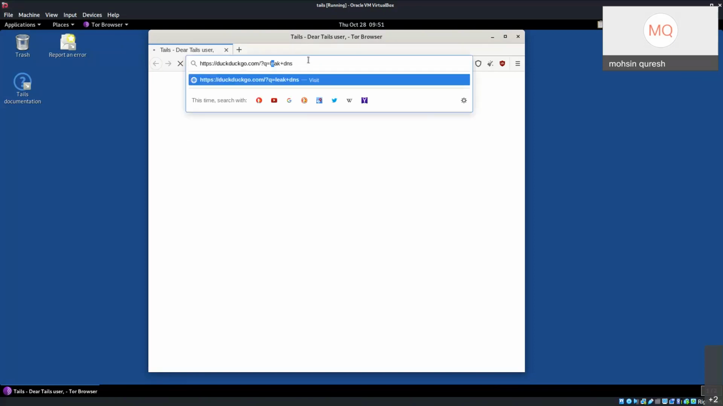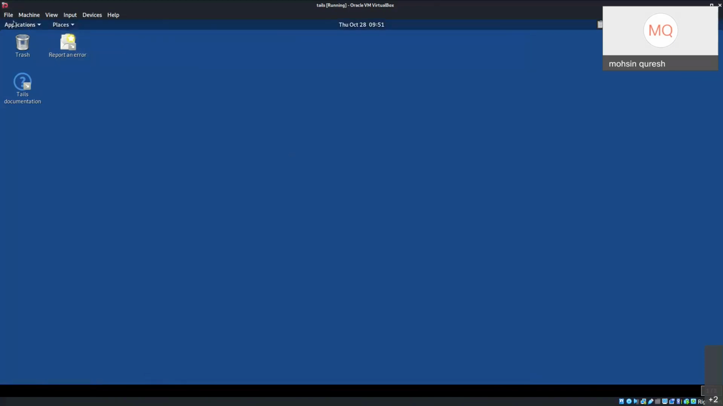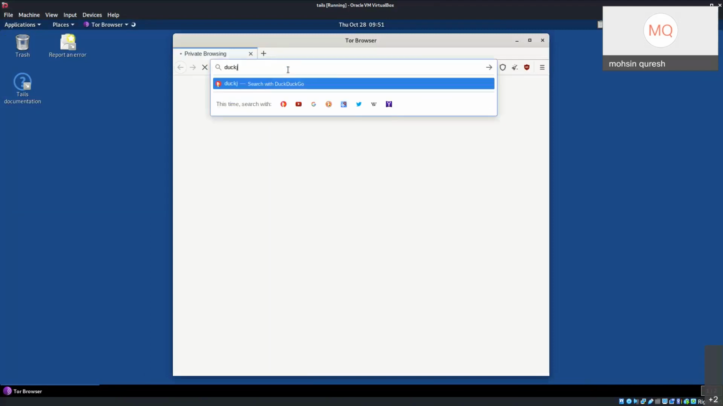But I'll just try DuckDuckGo again and restart the browser. Oh, sorry, the browser. Sometimes it faces a problem with the network. Again, let's start the browser. All right. So just type DuckDuckGo, and DuckDuckGo is a safe